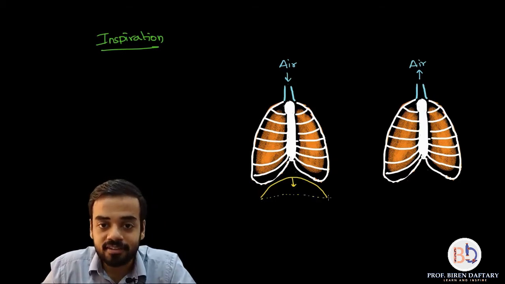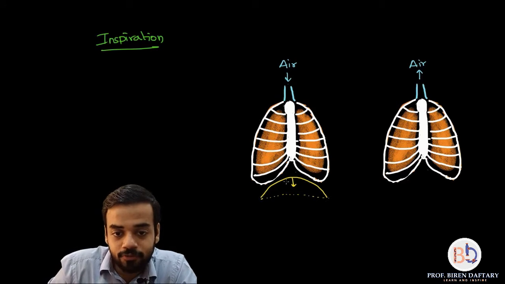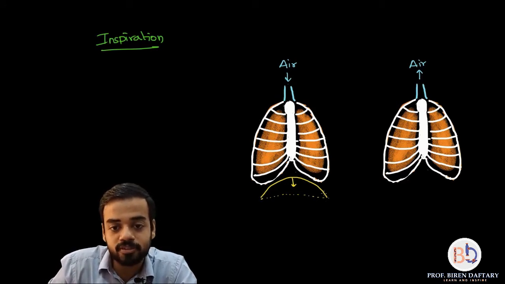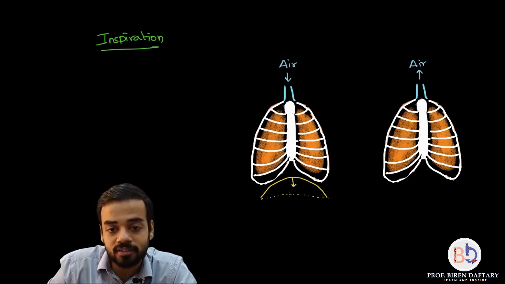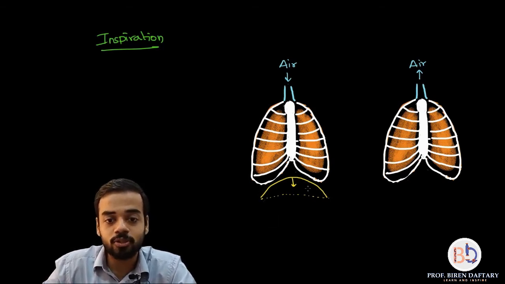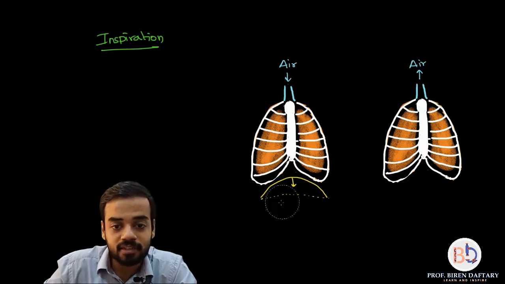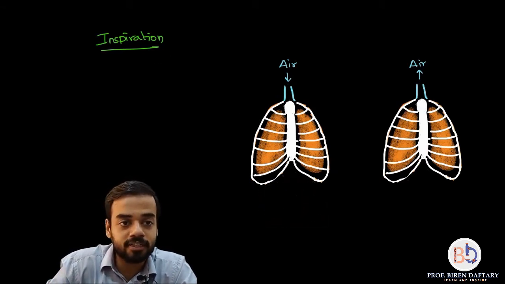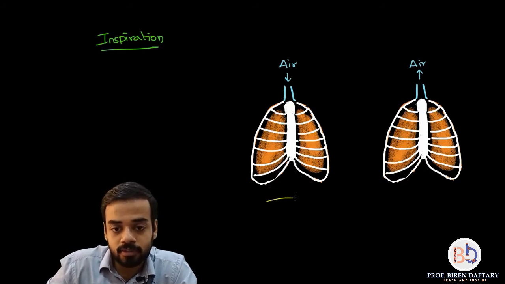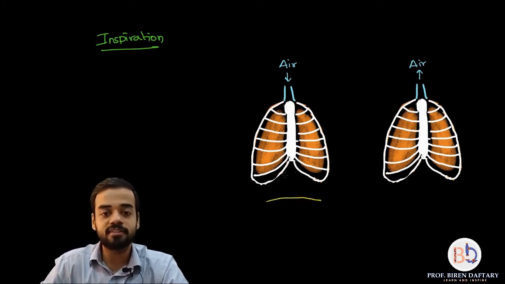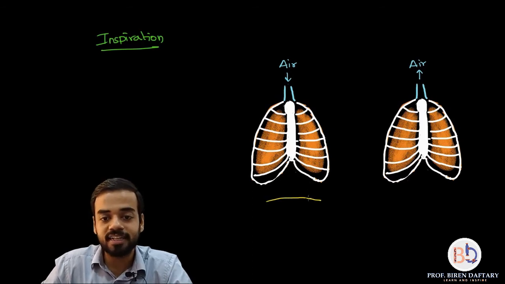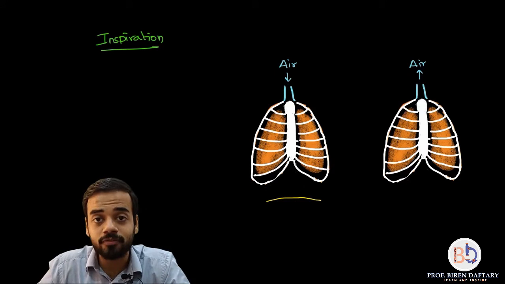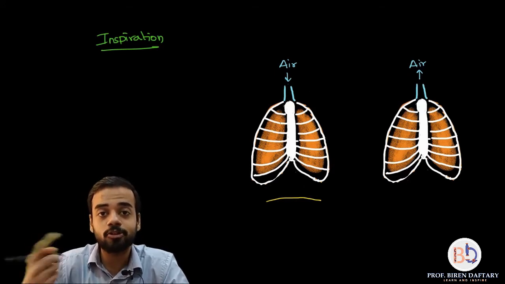This is contraction, because if you measure the length of the initial diaphragm, in this curved position, it is obviously going to be more than in this dotted position. So the first thing that happens is that the diaphragm contracts, so it straightens up. Now your diaphragm is like this. Initially it was U-shaped. Now there is extra space over here so that the lungs can expand. But that space is not enough. The space inside this rib cage also has to expand.